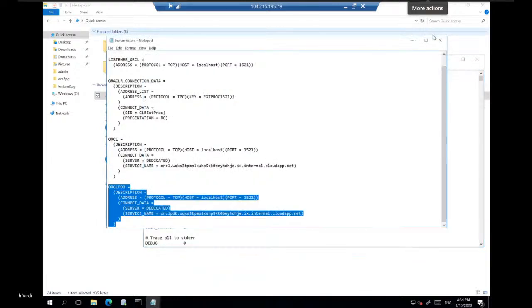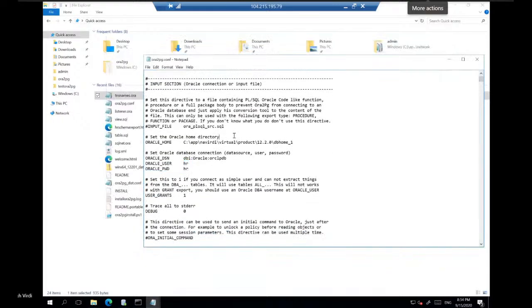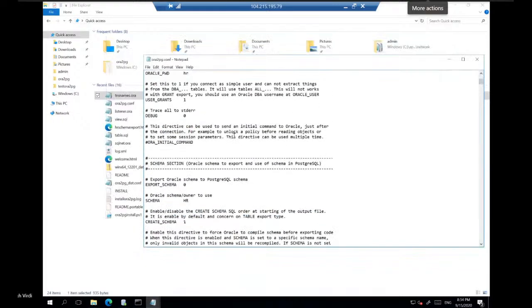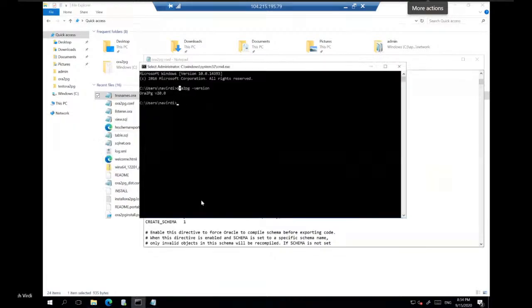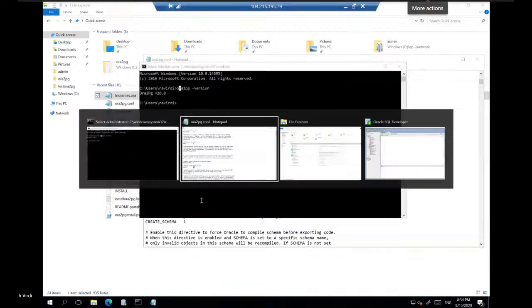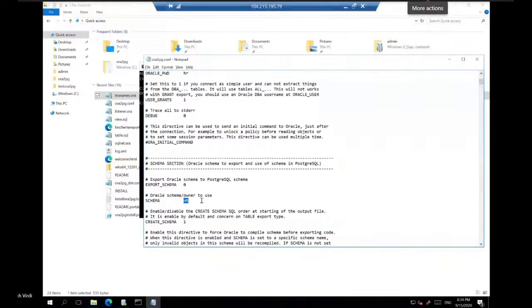The other thing you need to take care of when you are doing your initial assessment is to make sure you mention what schema you want to migrate. Now, Ora2Pg by default gives you the capability to look for the different schemas available in the database. But it is always good to pinpoint which is your application schema that you want to migrate.